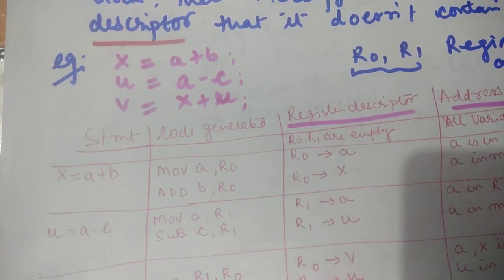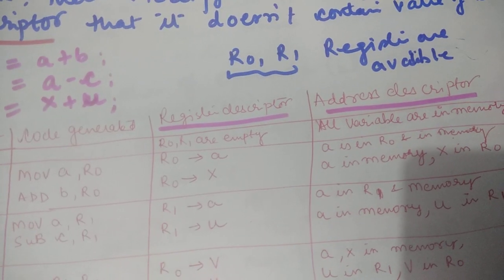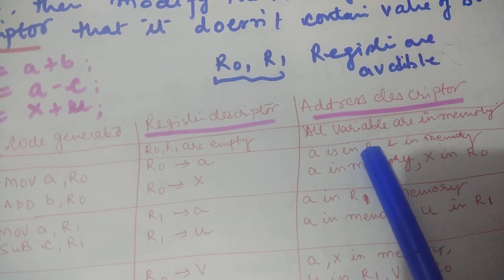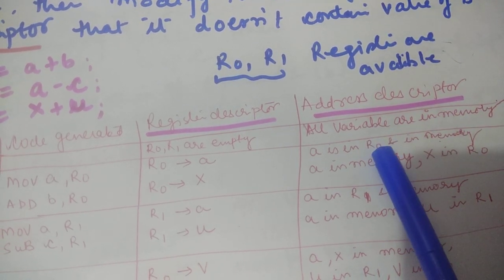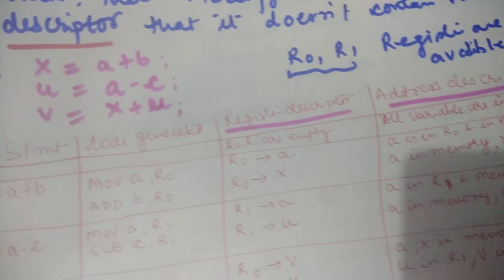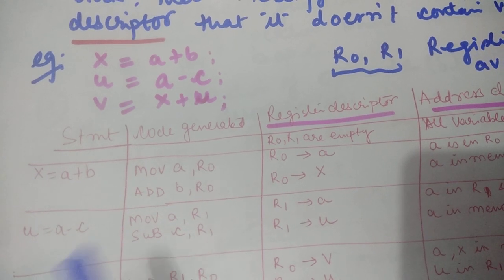Okay, and your address descriptor is going to tell us that now A is present in the memory, as well as in R0. So that is your address descriptor. Fine. So after the execution of this statement, the next one is we are going to solve this thing